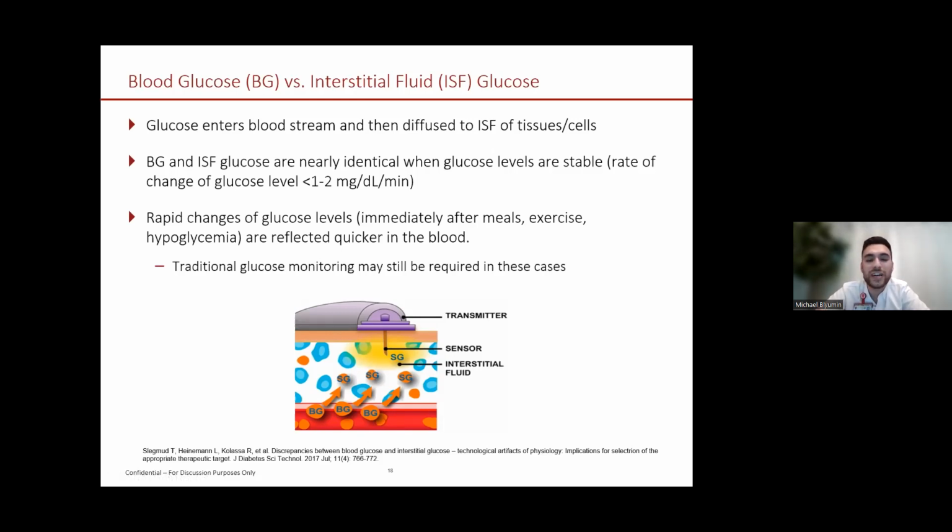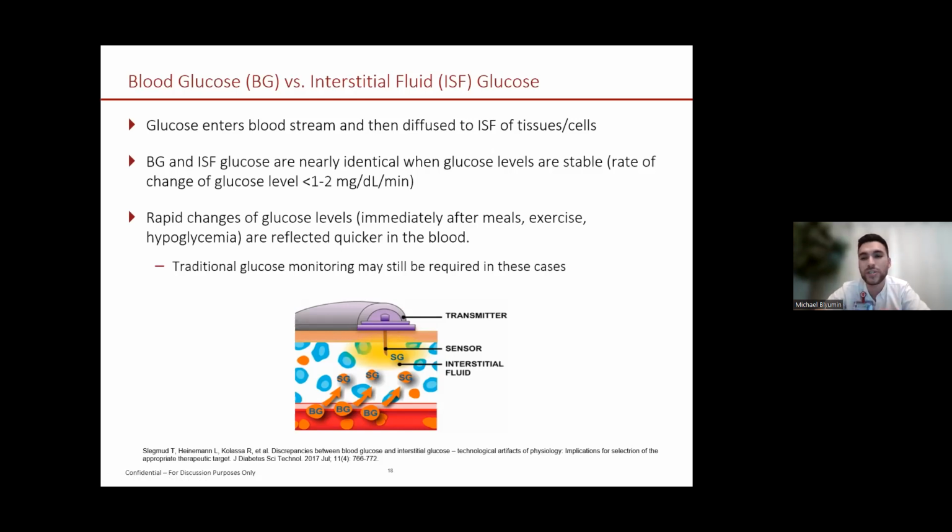So blood sugar and interstitial fluid glucose are nearly identical when glucose levels are stable, which is why we can use these types of sensors. Most of the time, they're equally accurate to a glucometer, but there are certain times where they are less accurate, and those times are when the rate of change of the blood glucose is more than the stable time. So when you're having a time in your day that the blood sugar might be changing quickly, these CGMs